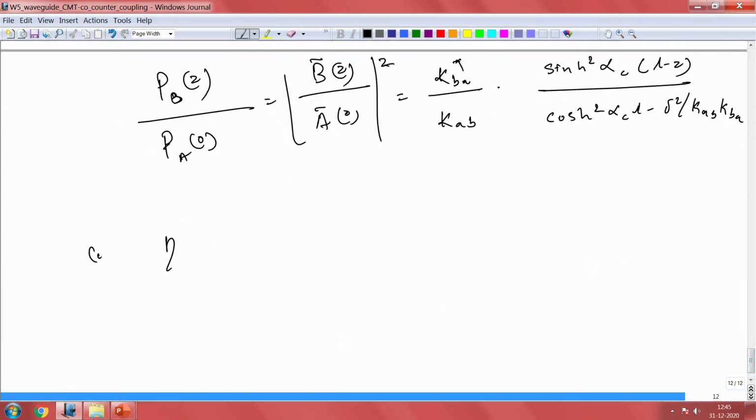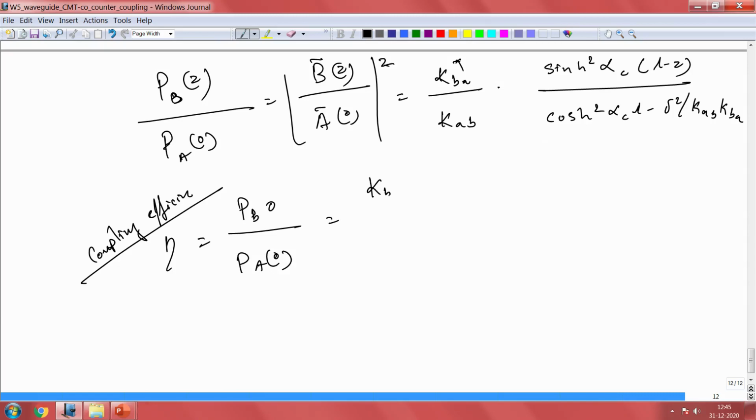So, this is coupling efficiency. Your coupling efficiency is going to be PB or PA, which is nothing but kappa BA star kappa AB sine hyperbolic square